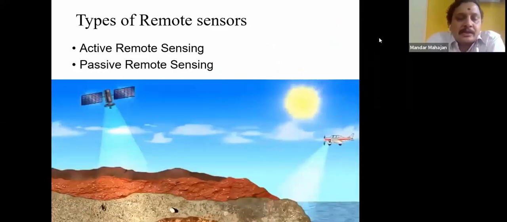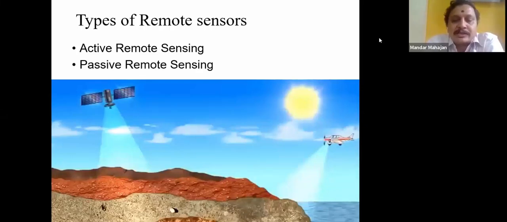There are basically two types of remote sensing, based on the sensors: active remote sensing and passive remote sensing. So what is the difference between these two? Active remote sensing is a platform which requires its own energy source. For example, in daytime it is possible to capture photographs in the presence of sunlight. But in the night hours, if you want to take a photograph, it is taken with the flash. We call it active remote sensing. Here the flash mode came into operation.